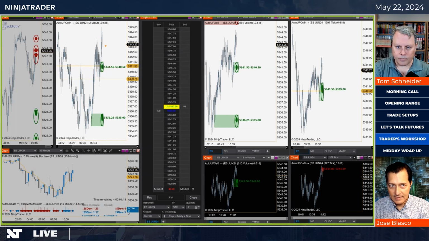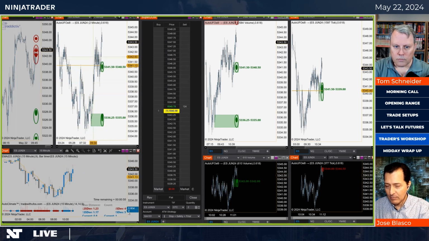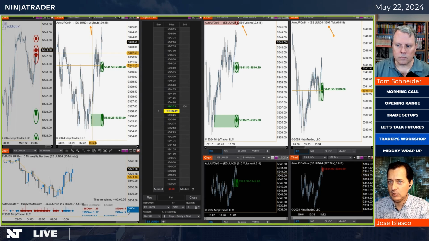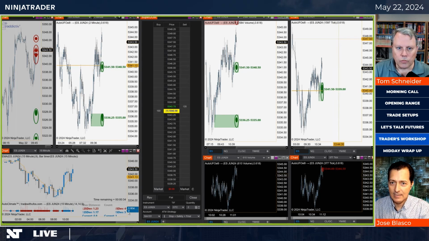Notice that in order to be precise, as we mentioned a moment ago, keyword for the day, I am combining this 15-minute time frame on the bottom part of my screen, which told me it's time to be a buyer based on the tools I utilize, with a 2-minute time frame above, but also a 2,584 volume chart and a 1,597 tick chart. In case someone is wondering, those are Fibonacci numbers. I use Fibonacci time frames for this. It doesn't need to be Fibonacci, but it's something that I use on a daily basis.